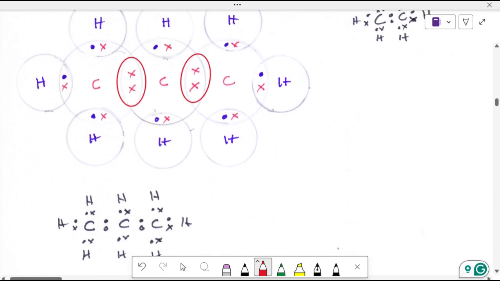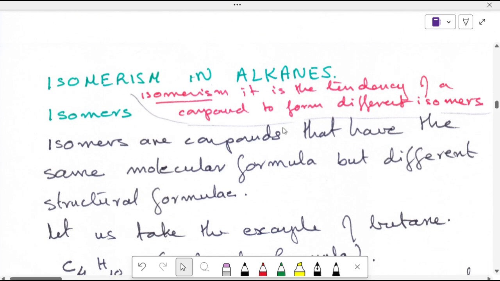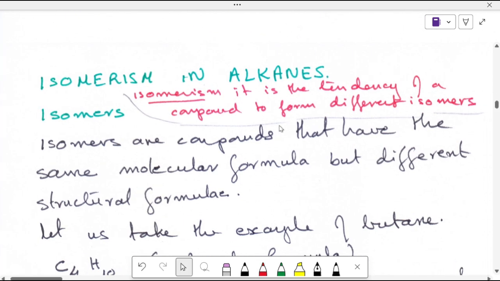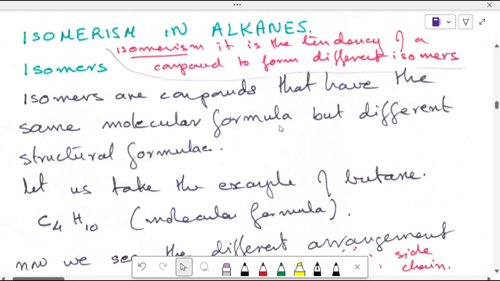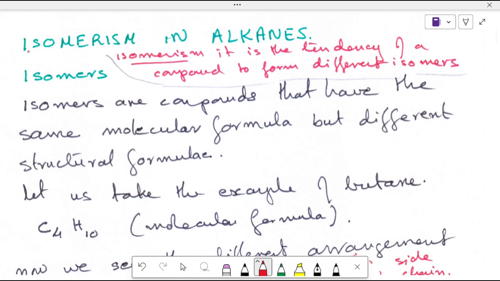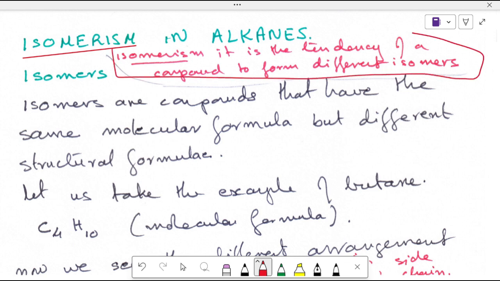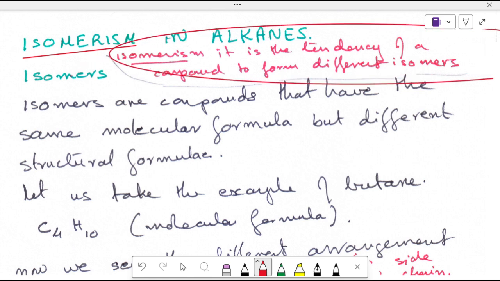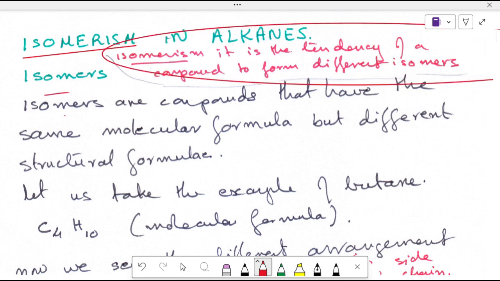Alright, now there is another property of alkanes, and that is isomerism. Isomerism is the tendency of a compound to form different isomers. Isomers are compounds that have the same molecular formula but different structural formula. Let us take the example of butane,